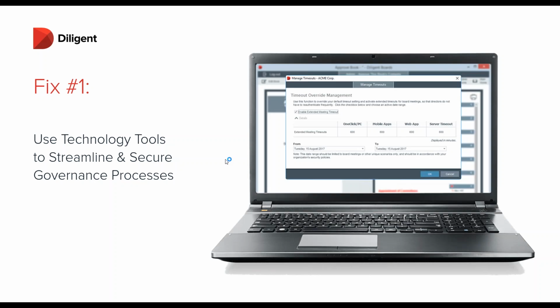So again, the idea between the push and pull between security and convenience. And this is just one example, but how Diligent has solved this is with what we're calling a Timeout Manager. The Timeout Manager allows the administrator of the site to, just for the day of the meeting, move from that rigorous policy that you want for day-to-day usage and switch it to a more relaxed policy just while the meeting is going on, while everyone's in the same room, in the same office, with the same level of clearance.